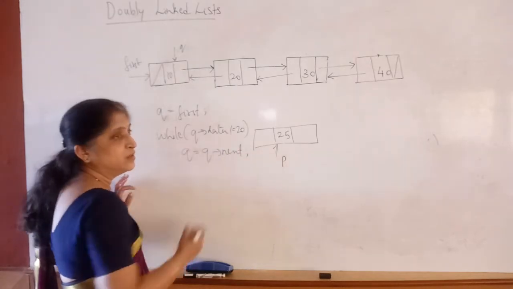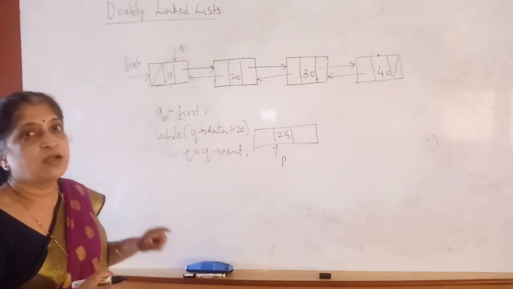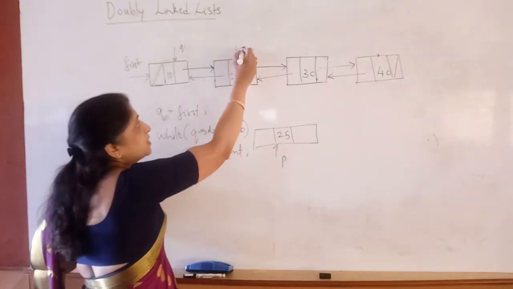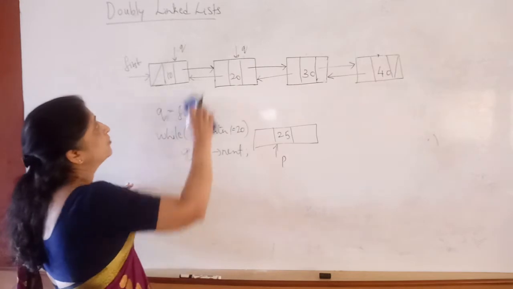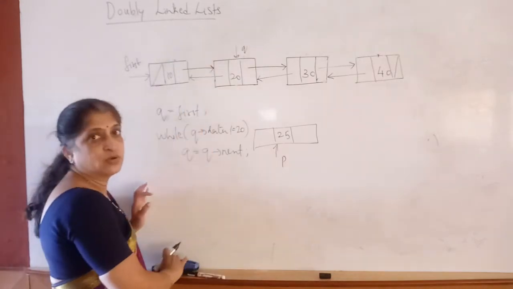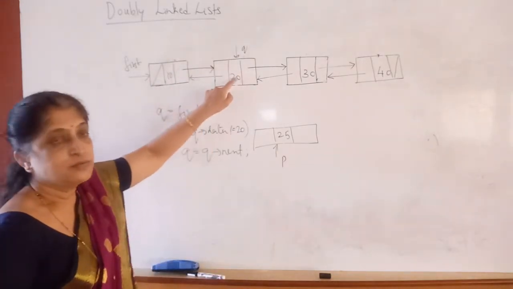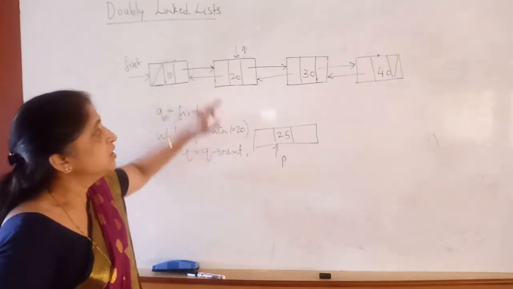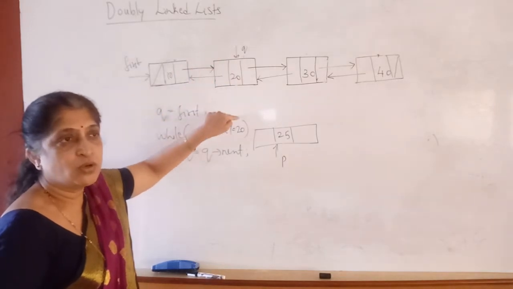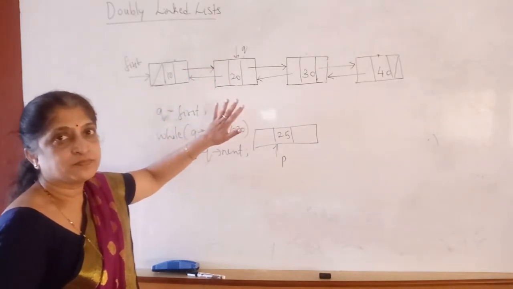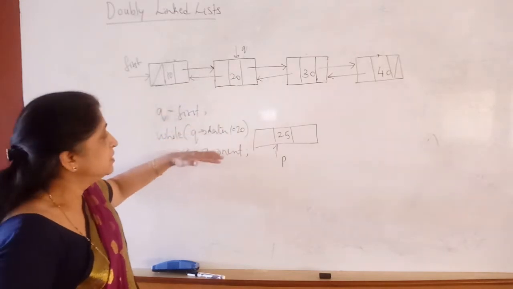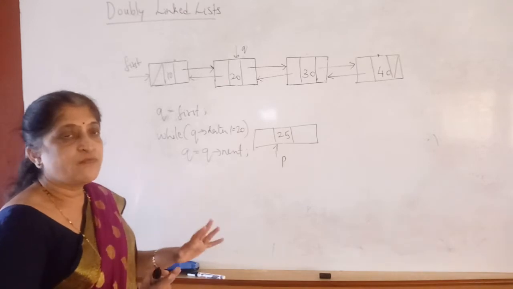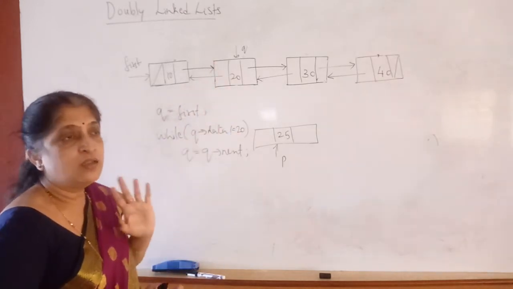That is, search for the node with the data 20. Now when I write Q is equal to Q next, Q will start pointing to this node. So Q is no more pointing to the node with the value 10. Now Q is pointing here. Now check if Q data is not equal to 20. The condition is false. Q is now pointing to a node with the data 20. So it's pointing here. Now this condition fails and the control comes out of this loop. That means you have a pointer now pointing to the node with the data 20.